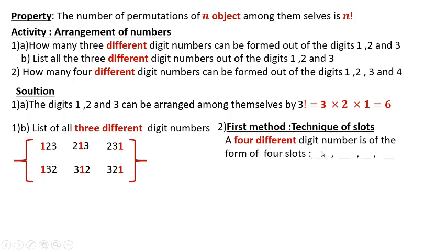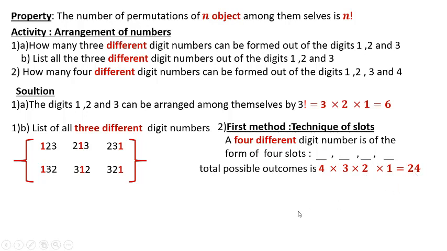The first slot can be filled in 4 ways, simply because any one of these numbers can be placed in this slot. Once this has happened, then the second slot has a remaining 3 numbers, and so on. Once first and second are already filled, then the third slot has a remaining 2 and just 1 way for the last slot. This is why the total possible outcomes is just 4 by 3 by 2 by 1